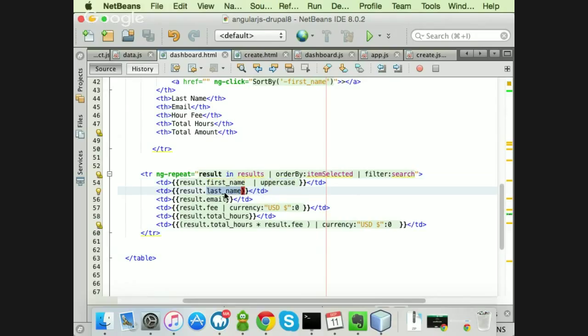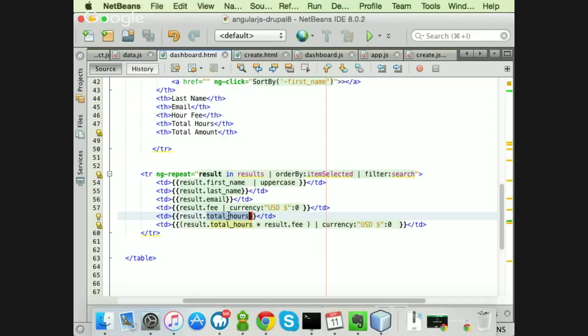Last name, we don't do anything. We just tell them with the key to use Angular variables. Email, we're doing nothing. Fee, we're doing something, which is funny because we're using currency, US dollars, and by default we're putting a value of 0. Total hours, I think I call it that on the view. If not, we can change it to make it work.